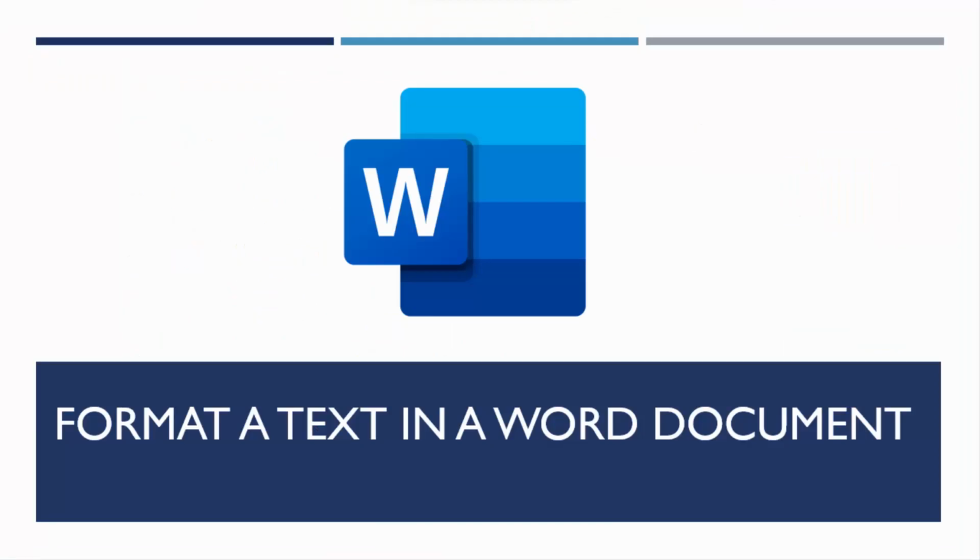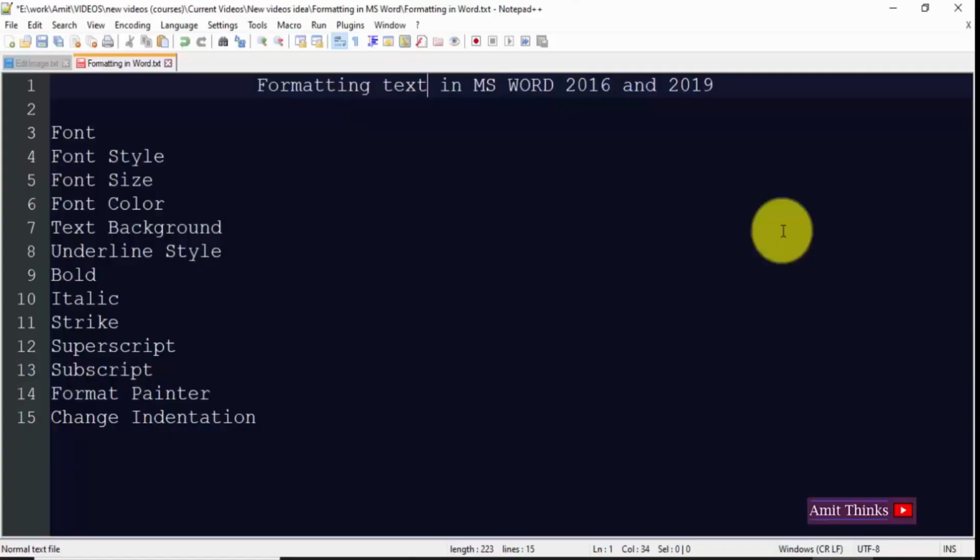In this video, we will see how we can format text in MS Word. To format is very easy. First, we will see how to set the font. Change the font style, font size, color. Font style you may be knowing about like Calibri, Verdana, Times New Roman. Size we can change it to 15, 20 accordingly. Color, any color, text background color, underline style, dashed, double dashed, normal line, bold, how to strong we can say in HTML,